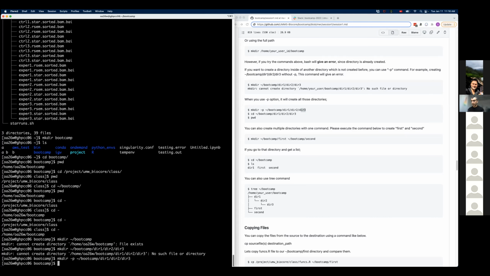Now I expect to see a dir1 in my current directory, which is bootcamp, as I can see here. Within that dir1 I want to see dir2, and within that I will see it.